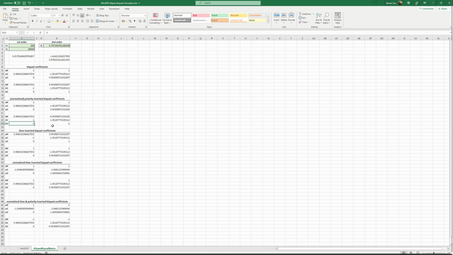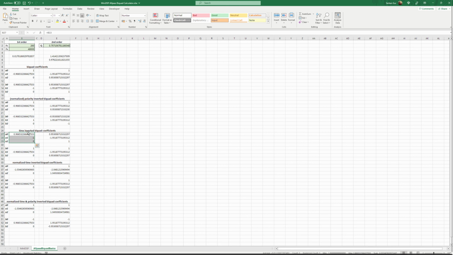To time invert a filter, you have to exchange the places of the A coefficients with the B coefficients. Okay, these are pole coefficients, these are zero coefficients. So you change the poles and zeros of a filter and you invert the time for that filter. So here, for example, the A coefficients 1 minus 9.66 move to B coefficients, and the B coefficients here move to A coefficients, and this is time inversion.